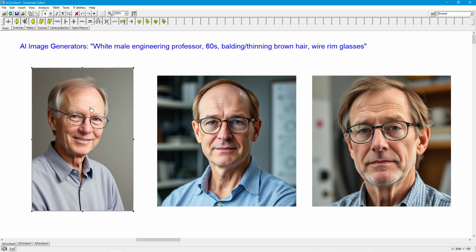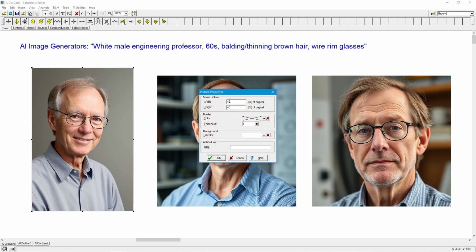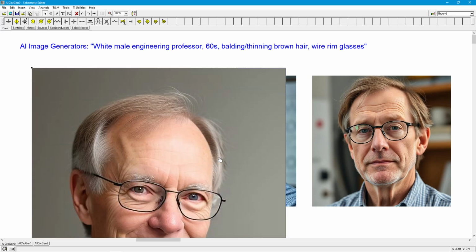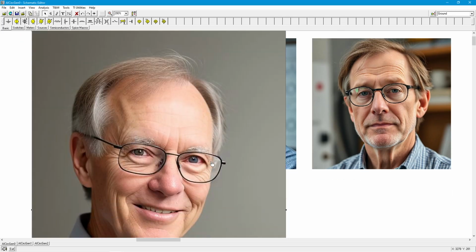But anyway, I did say there were a couple of errors here I wanted to zero in on. So I'm going to blow this up. I'm going to expand it. All right, so let's increase the size of this. This is kind of interesting. Okay, so the first thing I want to point out